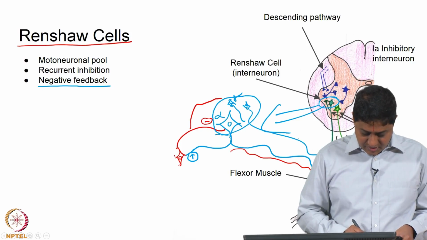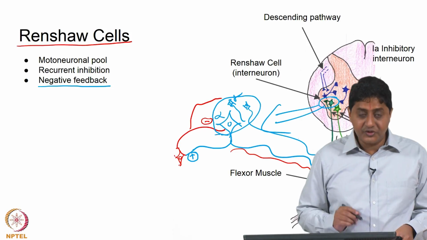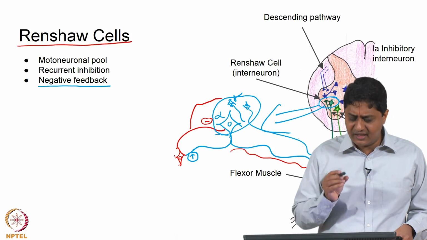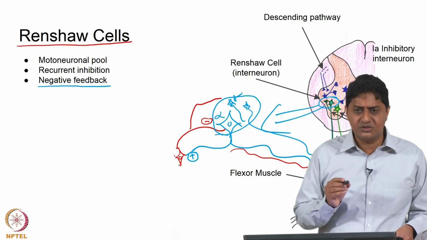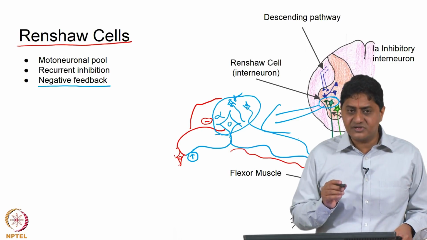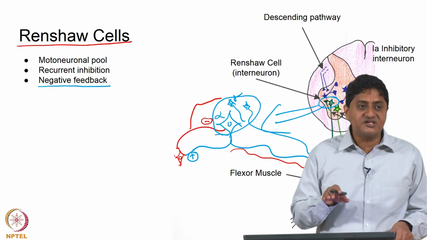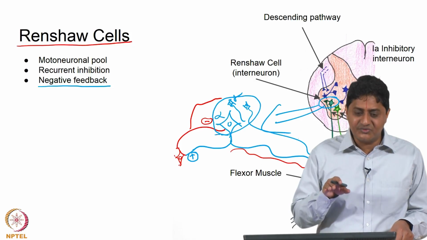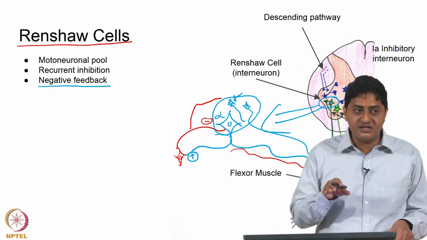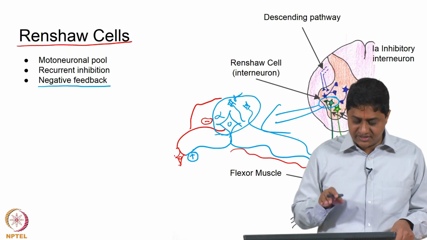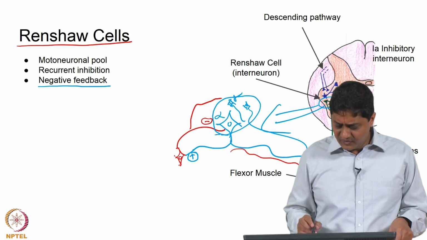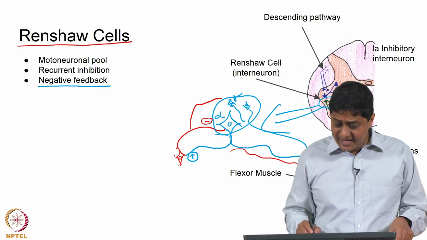I am interested in reducing or controlling the amount of excitation that is sent to the muscle. I am interested in placing a roadblock, like having a speed breaker. In some sense, I want to ensure that it does not increase to a level where I cannot control it. This is a kind of inhibition that is caused due to excitation.